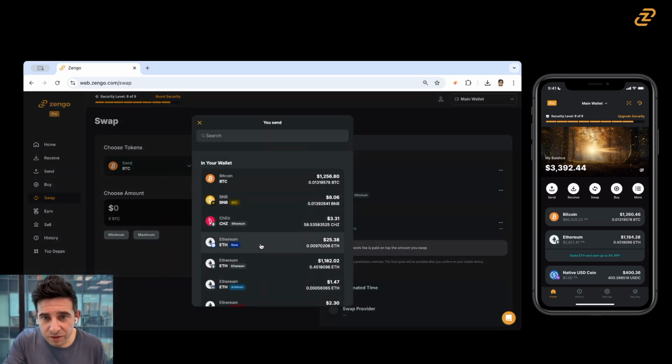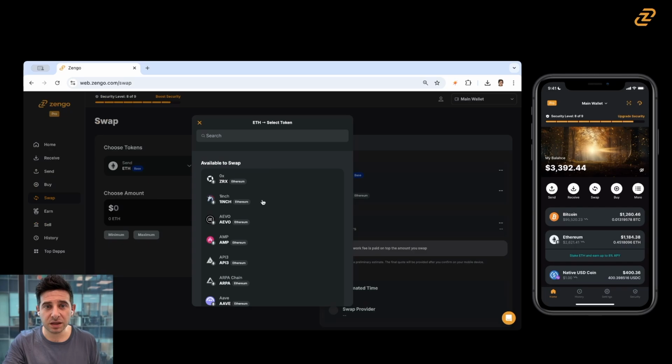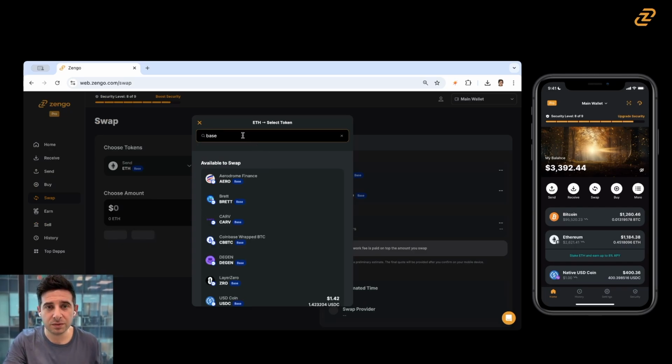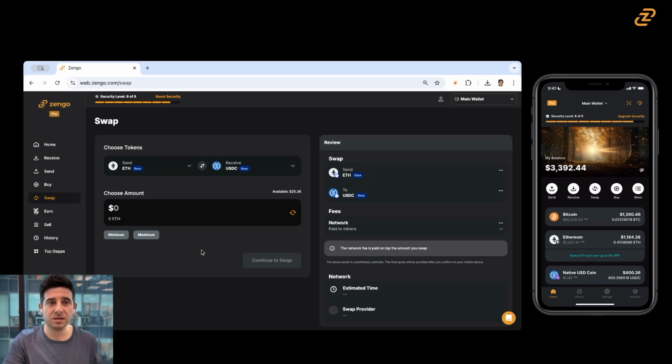I have Ethereum on Base. Great. And let's say, what do I want to get? I want to get something else on Base, because then it'll happen very quickly. So let's go for, great. Let's get some USDC on Base. The minimum amount is $21.22 here, so I'll send, let's say, $25 worth of Ethereum, and I'm going to be